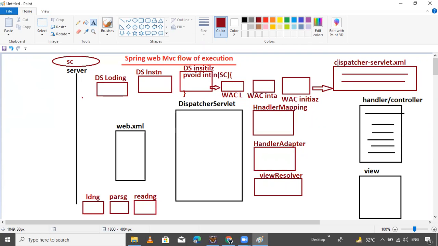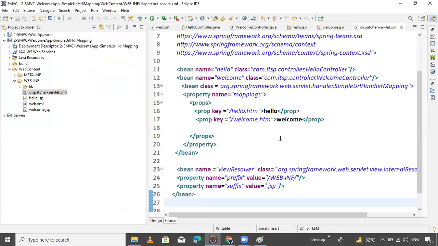After getting all the configuration details from the Spring configuration file into Spring objects, the web application context container will create bean objects. How many beans are there inside that? This is the bean.